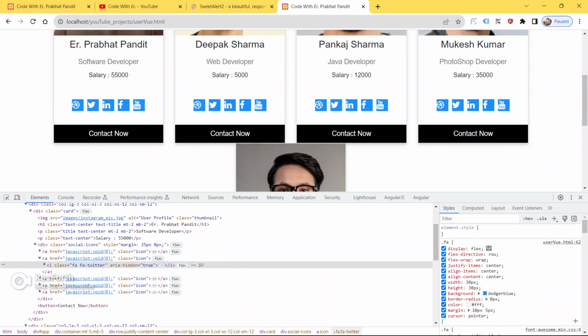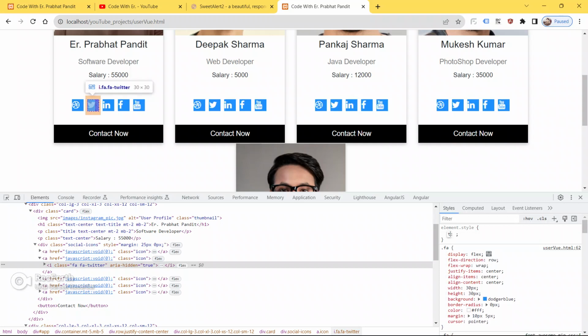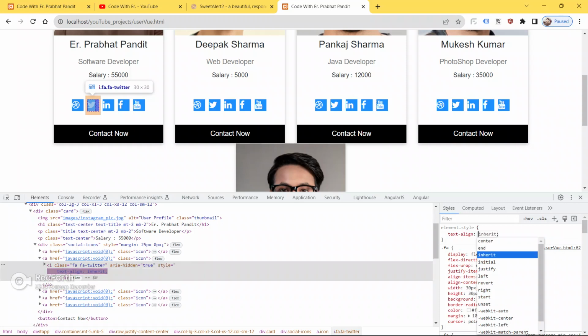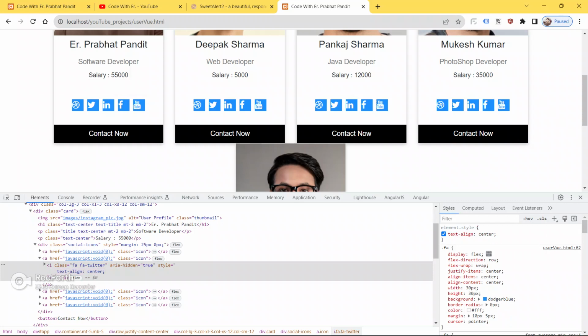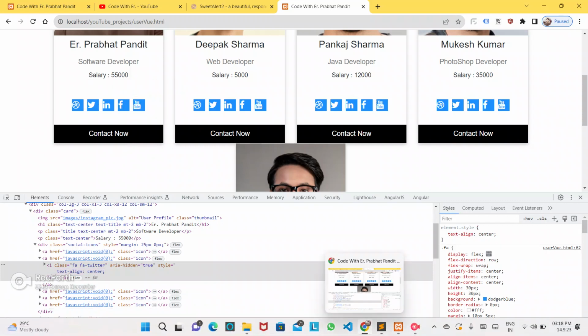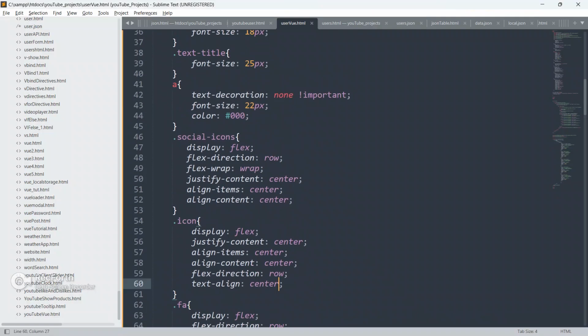Let me just check, guys, why the icon is not in the center. Text align center. Why is the icon not in the center, guys? Can you suggest me any clue why it is not in the center? What mistake am I making here, guys?